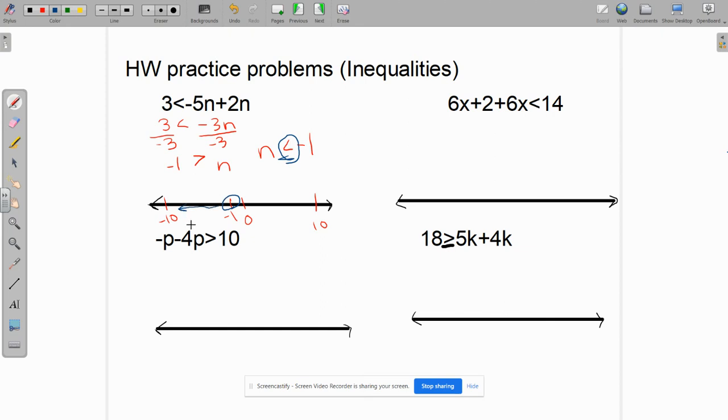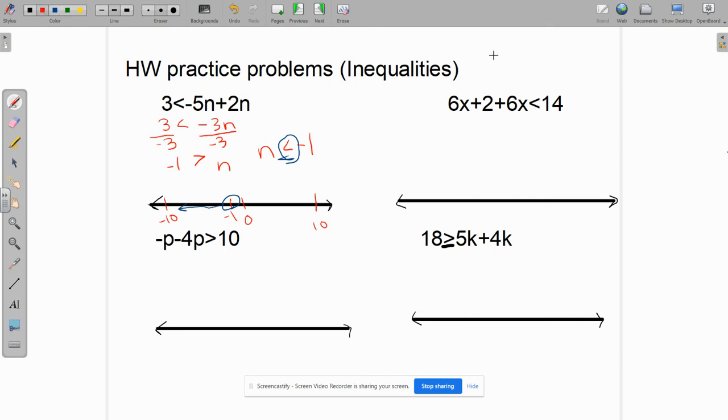Again, the lines are a little wonky, but you just need to know that you're going in the more negative direction because n is going to be less than -1. Anything to the right of -1 will be n is greater than, so you want to make sure your arrow is going in the direction of what that inequality includes. All right, so now I'm going to look at number 2